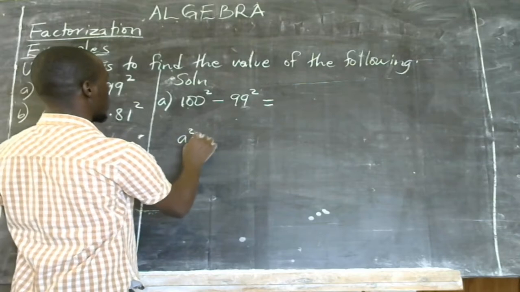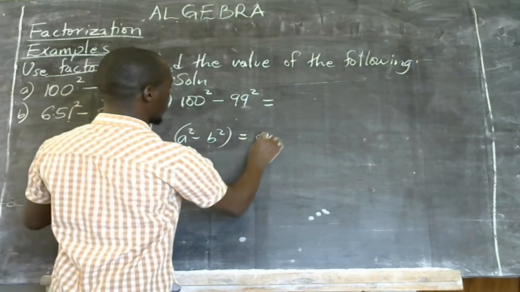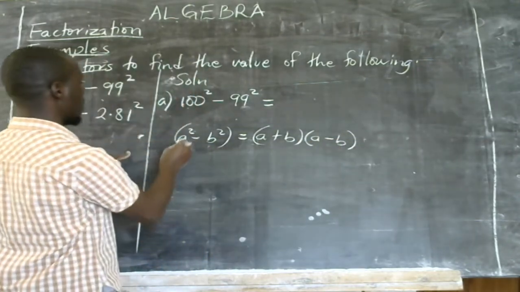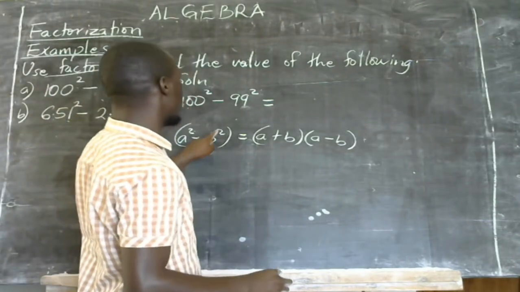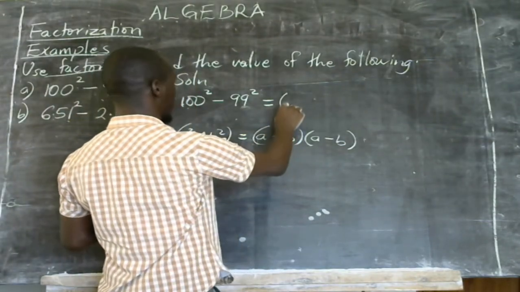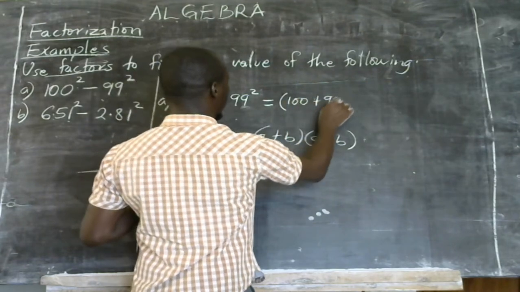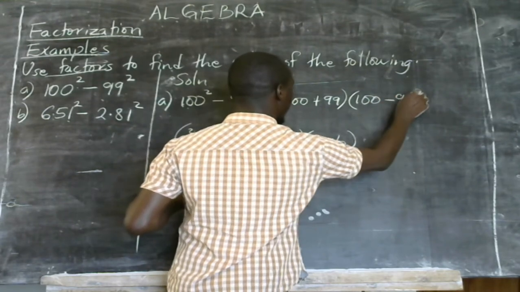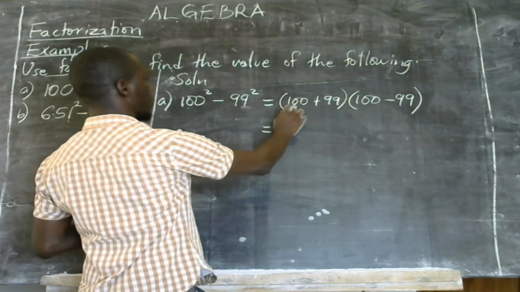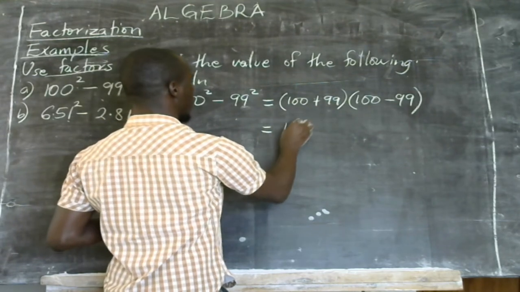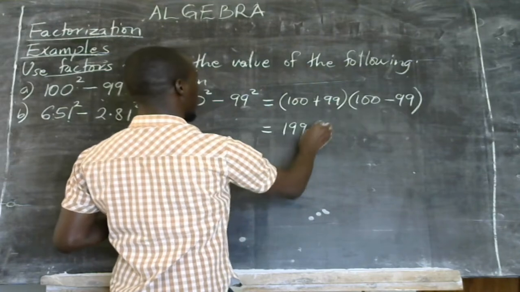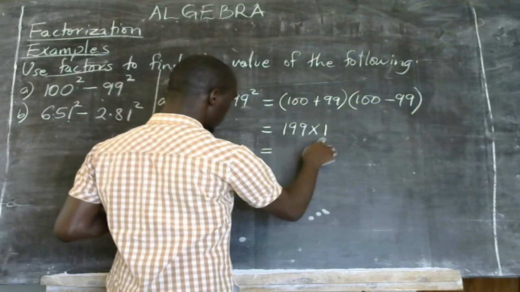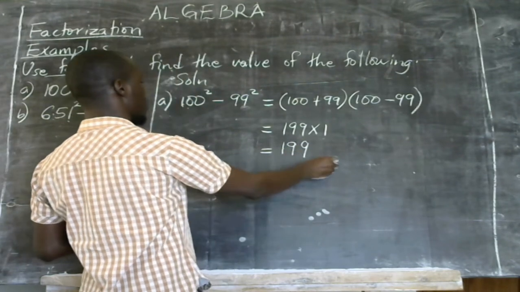Recalling my a squared minus b squared, that it is equal to a plus b, then into a minus b. My a here is the 100, my b is the 99. So when I substitute, that is 100 plus 99, then into 100 minus 99. So this one, when I add, I'm having 199. Then the other one, when I subtract, I'm having a multiplication of 1. So 1 times anything is that anything. So I get the answer as